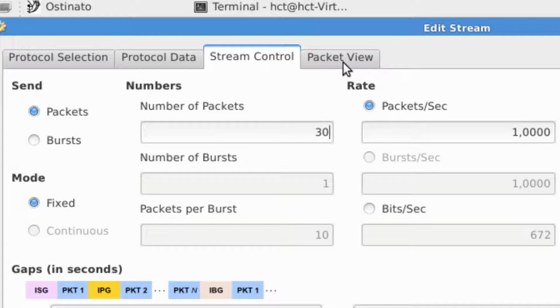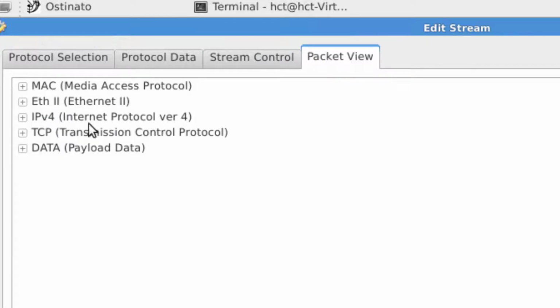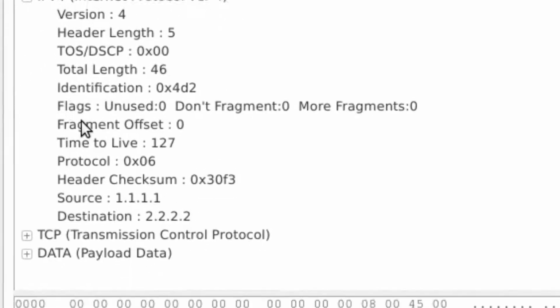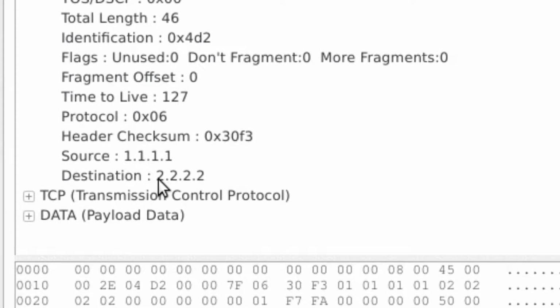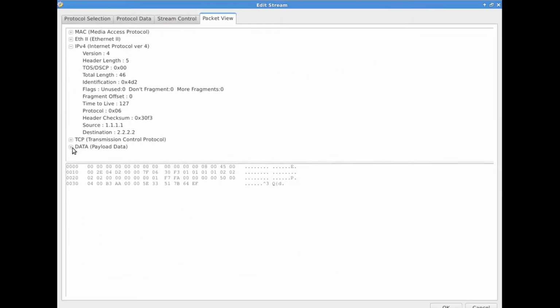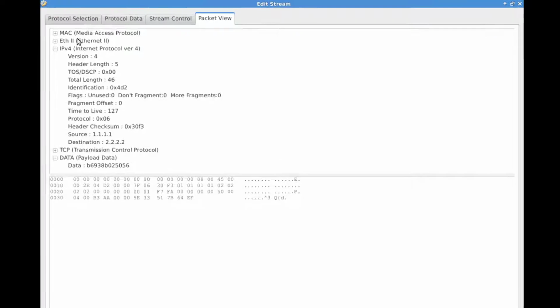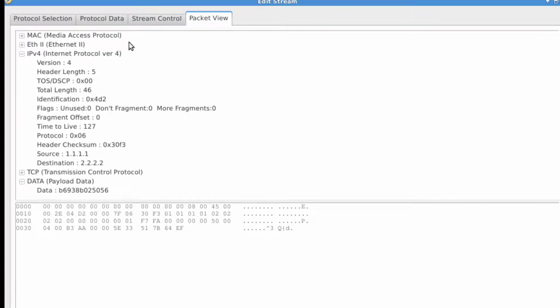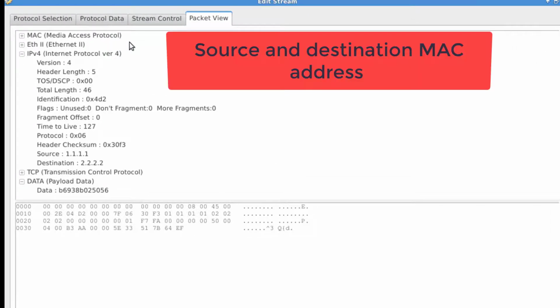Right, so here we can look at the packet view. This is what we have selected. If we go here, IPv4, I should see my source and destination IP, right? And the data payload, right? So that's here, and so on. I did not put a MAC address, but if we know our source IP address and destination IP address, we can select that. So now here, I'm just gonna hit OK,